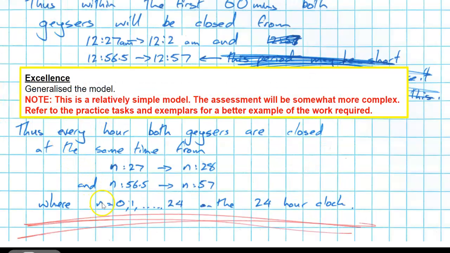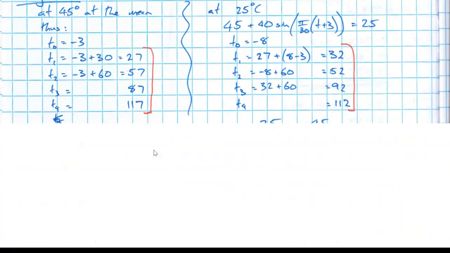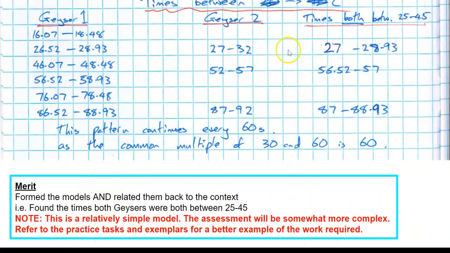What I'm trying to say here, if n is 0, that will give me the first time, because 12 is like 0 on the 24-hour clock, so 0:27. Okay, and then 1 will give me 1:27, 1:56, 2 will give me 2:56, etc., etc. This is the general idea for what we'll be doing at Excellence. Okay, we're generalizing it. We're looking at just what's happening forever. Okay, if we've basically found some times where they're both closed,